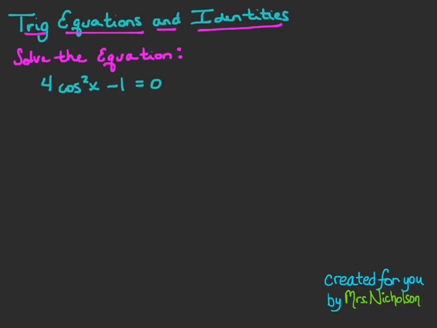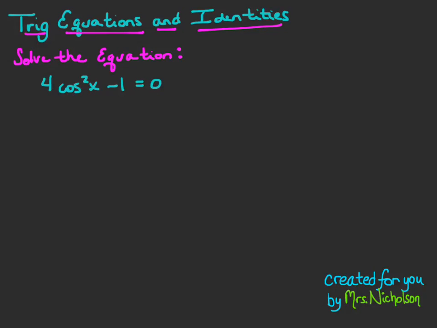Alright, in this video we're going to look at some trigonometric equations and identities. Now remember the difference between an equation and an identity. An equation can be solved for the variable and it's only true for particular values for the variable. An identity, however, is true regardless of what number is plugged in for the variable. Identities are always true. And so the way that we approach these two types of problems is different depending on